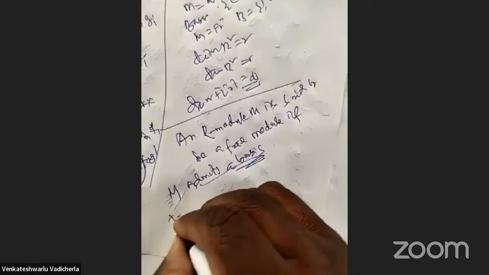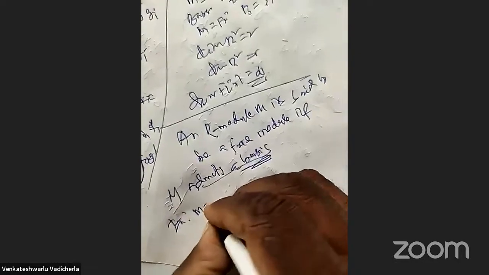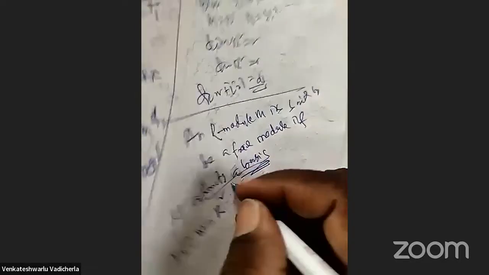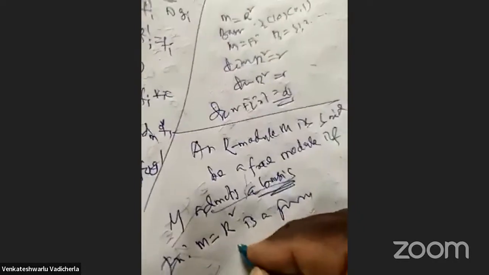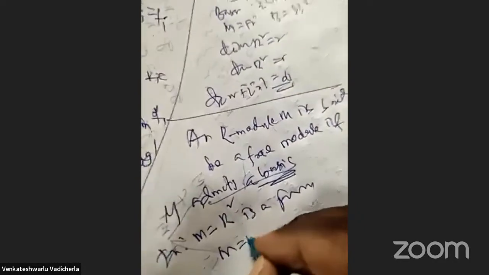So an example: M is equal to R2 is a free module, since R has a basis. M is equal to R to the power n is a free module. Is a free module means an R module M is said to be